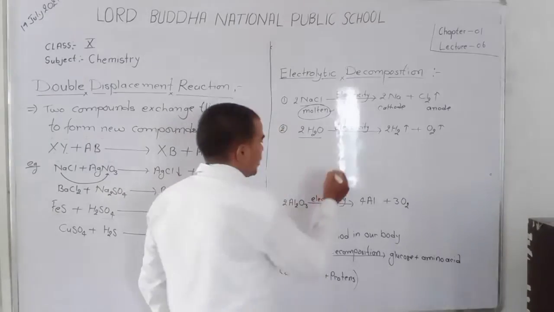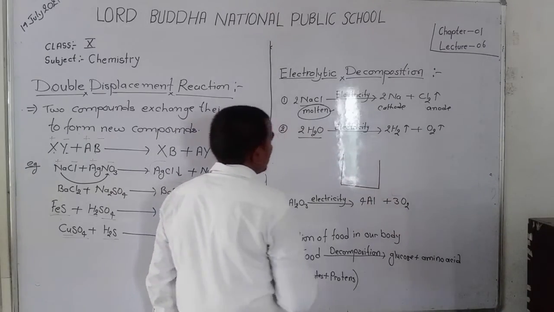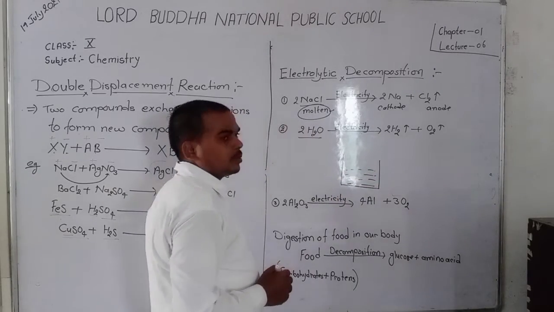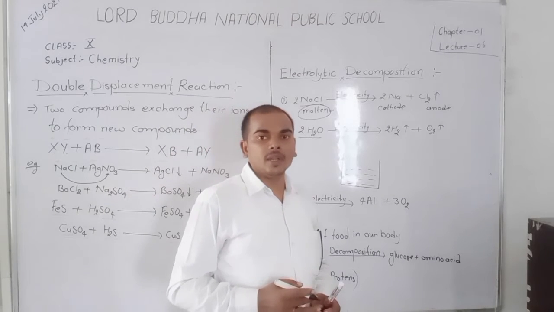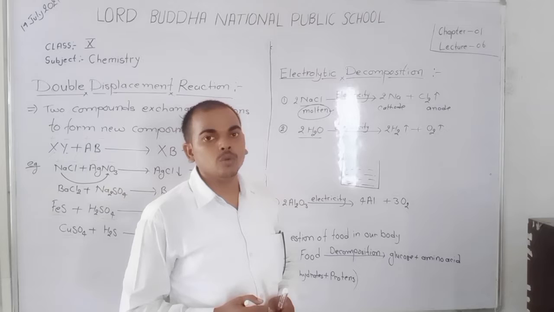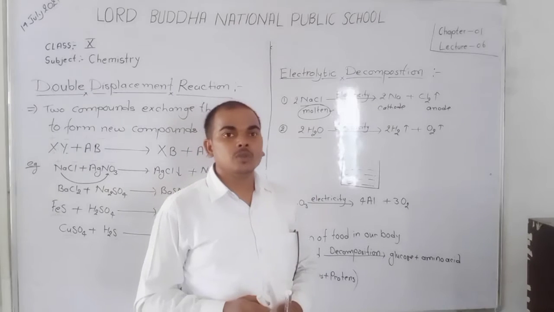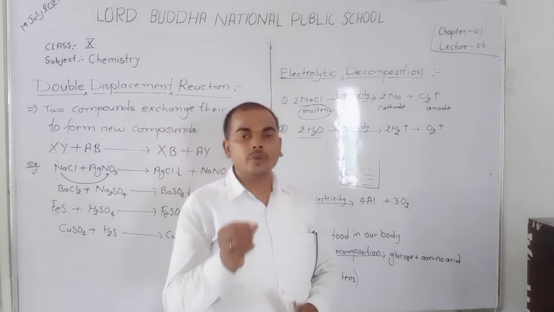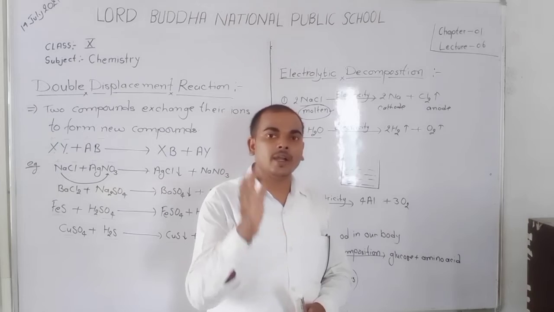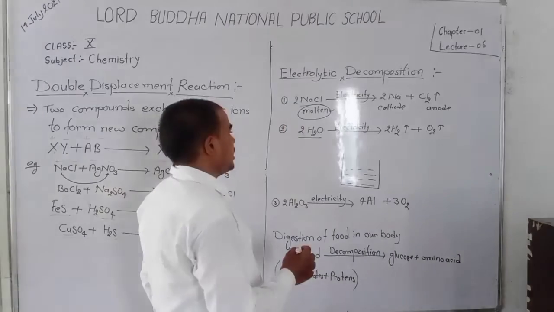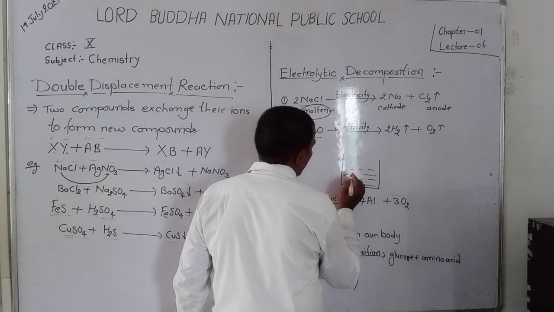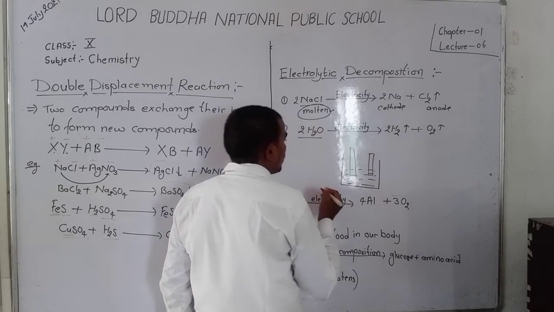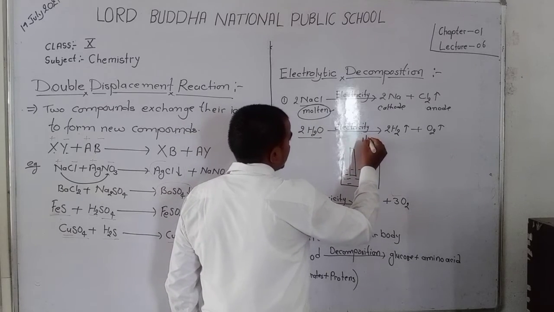Firstly, we take a beaker. In the beaker, we take acidic water because pure water does not conduct electricity. So for this experiment, you take acidic water, meaning a few drops of acid are added to water. Okay, when you take acidic water and dip two metallic rods in it, and the metallic rods are connected with an electric source,